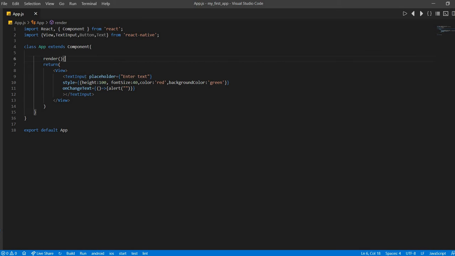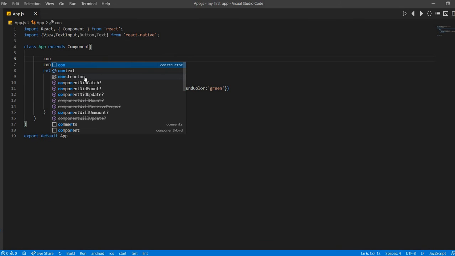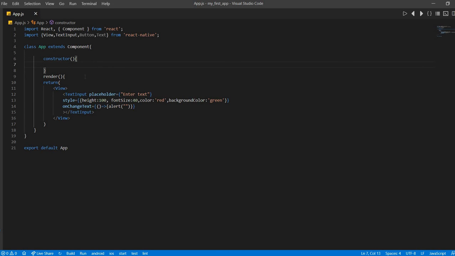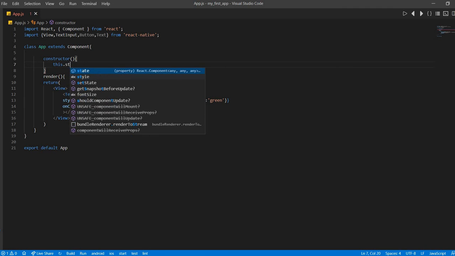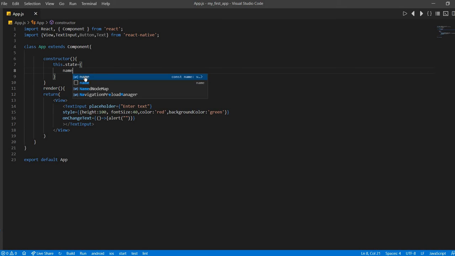So for that we need one state. So we will add one constructor here, and this.state equal to, suppose, name equal to blank.